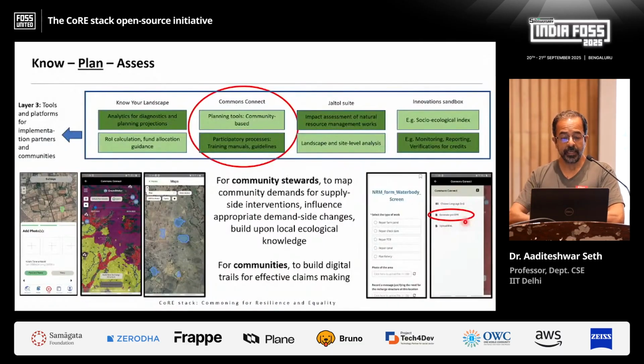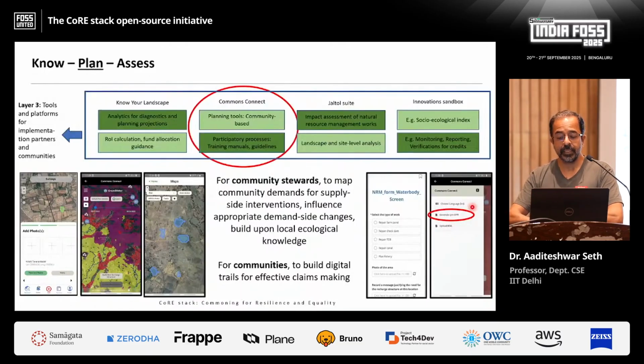And what this gives ultimately is that after this planning has been done in a village, you can generate what's called a detailed project report. This is now a standard document which can be given to the Gram Sabha. From there, it goes to the panchayats. From there, it goes into Narega, which is this government scheme that funds many of these assets. So this is what brings in the social accountability and transparency as well.